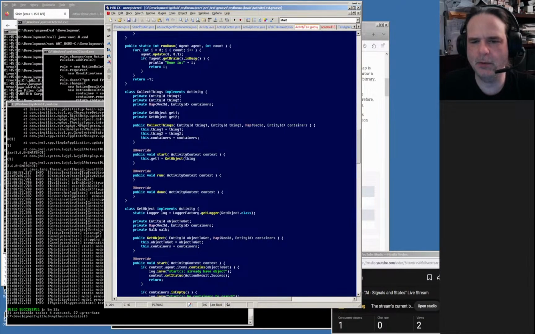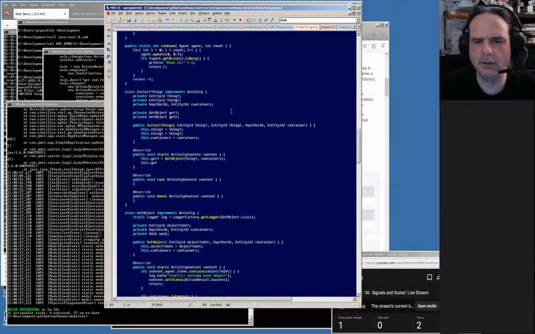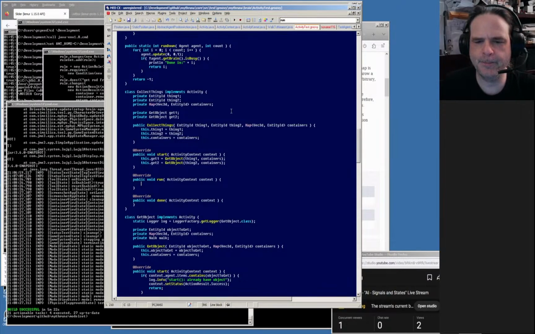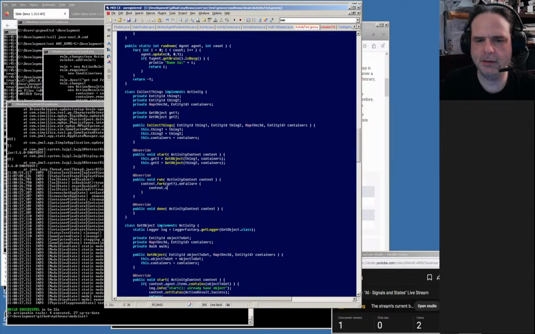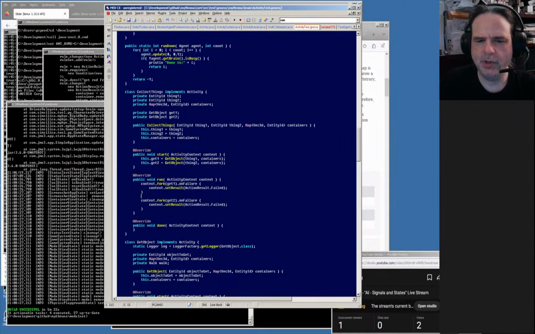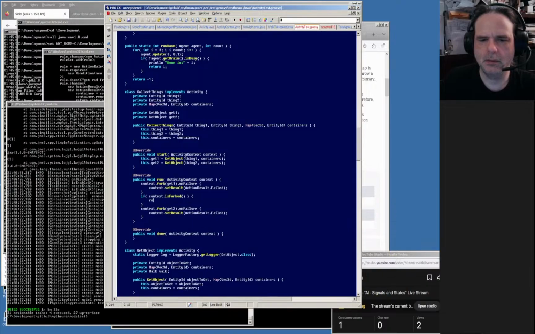Okay, so the object to get thing one out of these sets of containers, or get object thing two out of those sets of containers. And then in here we ought to be able to say context fork get one, and then on failure we want to set failure. Action result failed. I need to change that, but then we should be able to go straight to 2, but because I'm trying to test something specific, let's, if context is forked, return, and then that should be all that needs